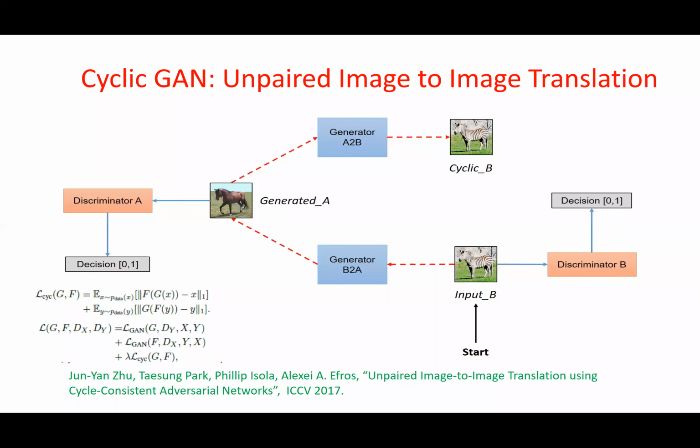Saswat? So the last one, lambda times cyclic of G comma F, this loss is associated with both generators. Both generators combined, right? Okay, sir. The mean square error between what both generators together will generate, which is supposed to get back the original image, versus the original image that I give. So mean square error or L1 loss, whatever is the loss.